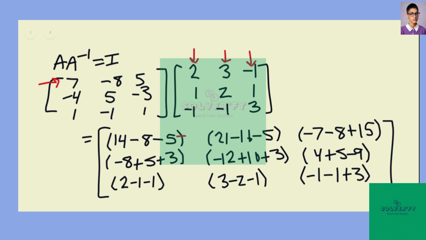And again, we will see that this also is going to be equal to our identity. So since both the matrix times the inverse and the inverse times the matrix equal the identity, we have proven that